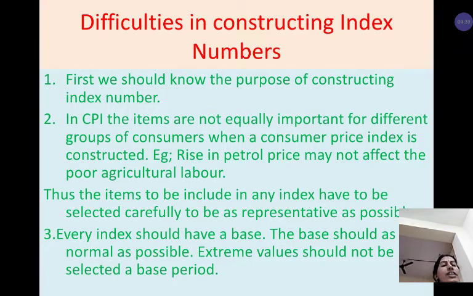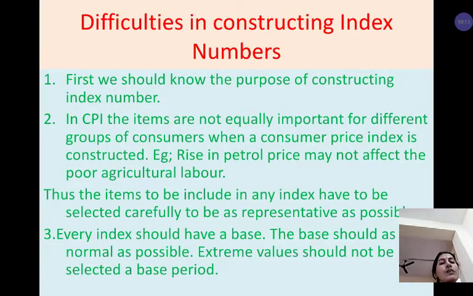Remember, suppose you are making the price relatives for the index number. A change in the petrol price may not affect the agricultural labor directly, because they don't use petrol directly. Why can it affect agriculture indirectly? Obviously, they have to purchase the raw material from the city side and sell the final product to the city market. So the transportation charges will be more when the petrol price increases. So it will affect the agricultural labor indirectly, not directly.